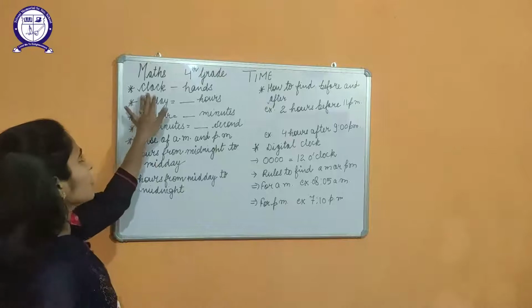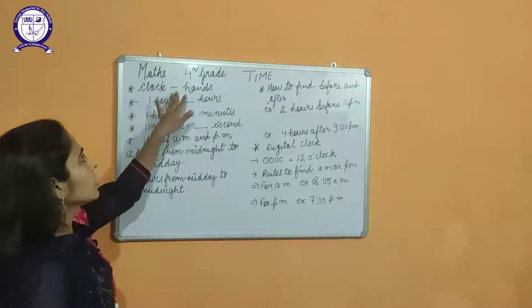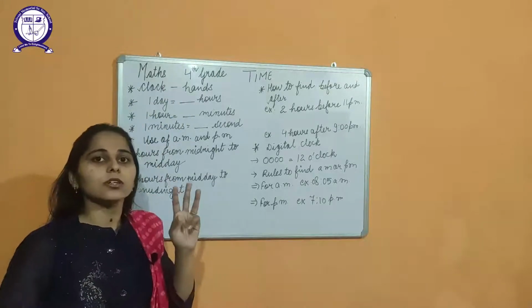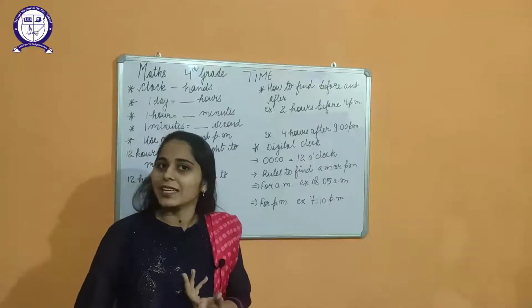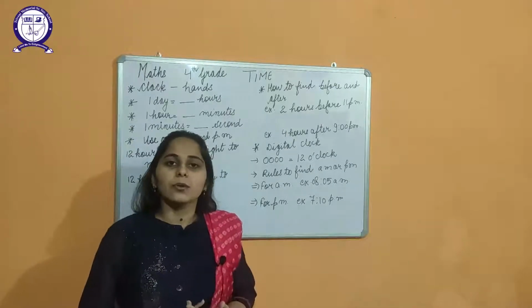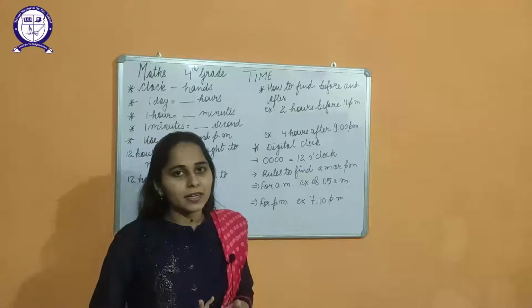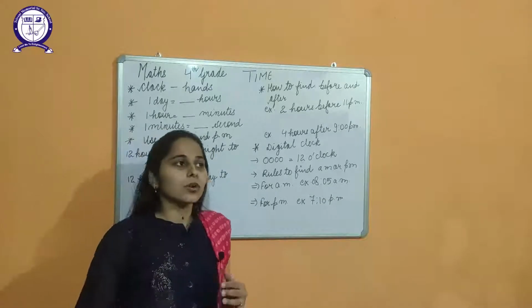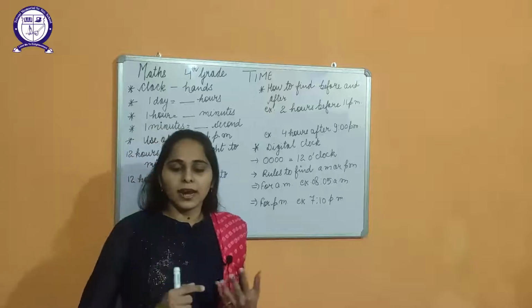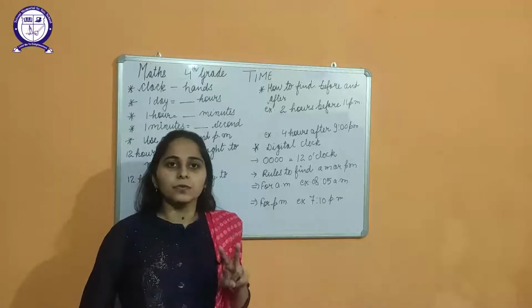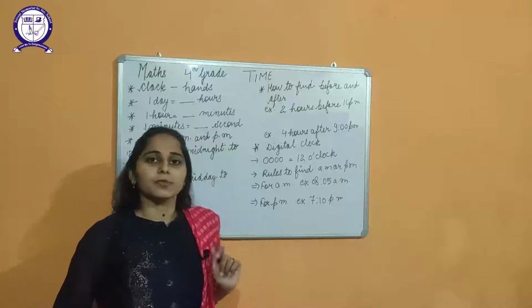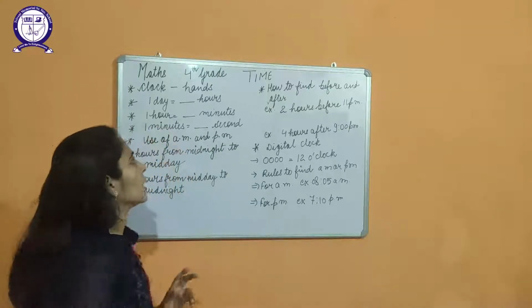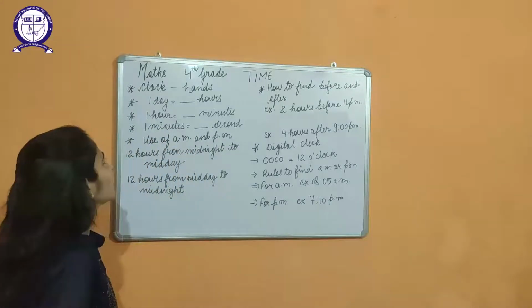First of all, the instrument used to measure time is the clock. There are 3 hands in the clock. One is the smallest one, that is the hour hand. The second one, which is the longest one, is the minute hand, students, and the thinnest one is the second hand. In some clocks, the second hand is not present, so only 2 hands are there, that is of minute and that one is of hour. So 3 hands are there generally in any clock.